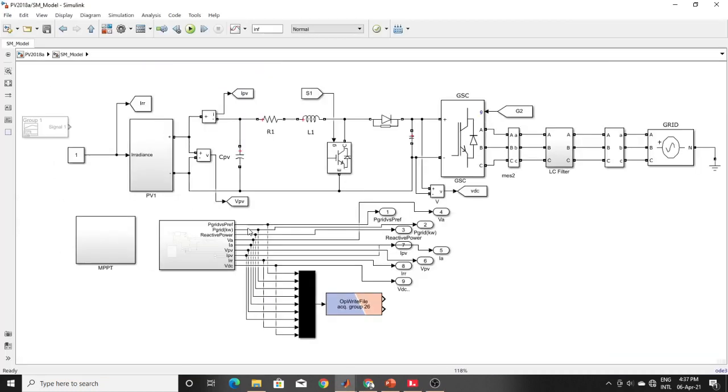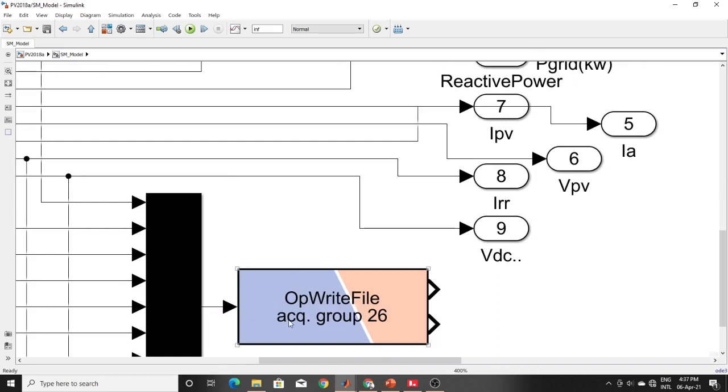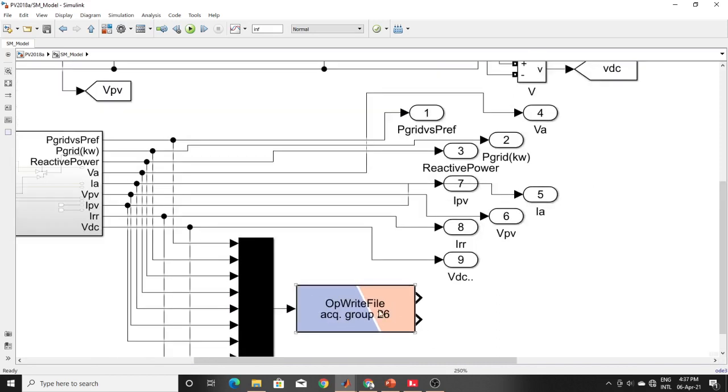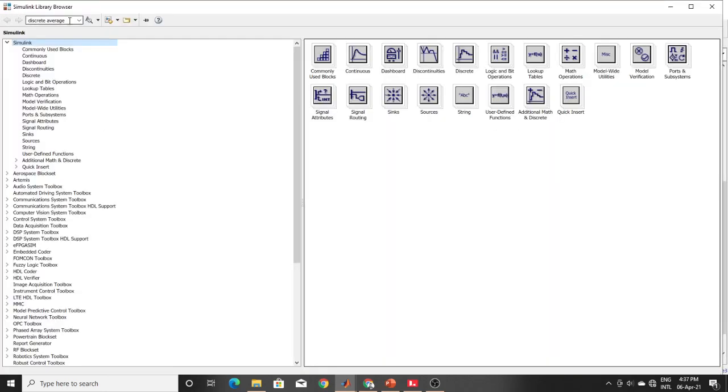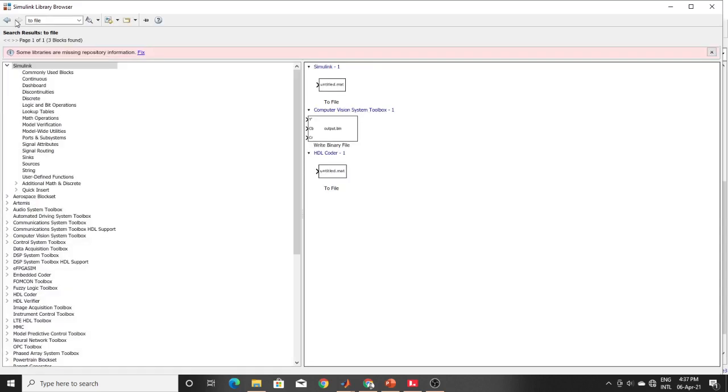How to save this OPeration file. This is the store. It's the same as the To File.